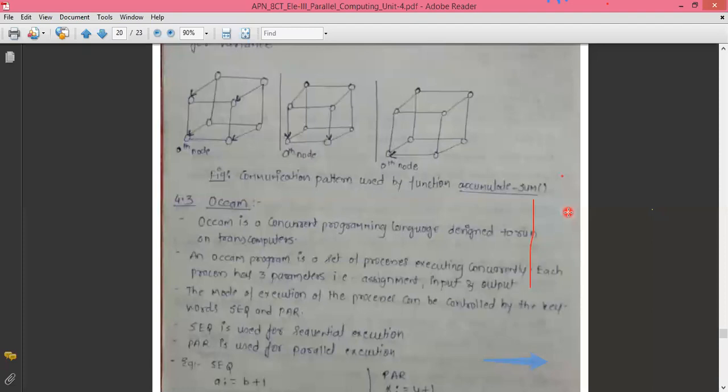And the parallel programming languages, two of them we have already discussed, that is Fortran 90 and Encube C, and two more are coming up tomorrow. Once we are done with this, we are ready to face the question of 13 marks on unit number 4, when we are done with the remaining two topics, that is OCamp and C Linda parallel programming language, that we will see tomorrow.